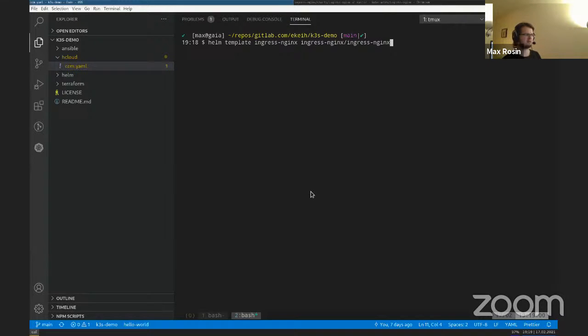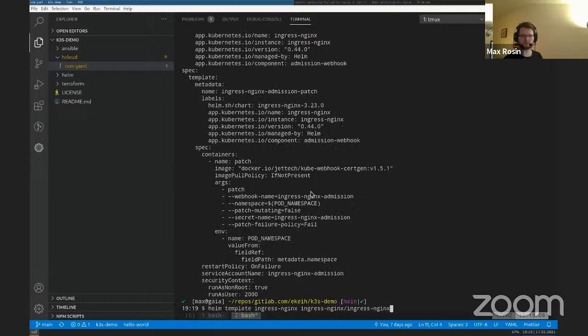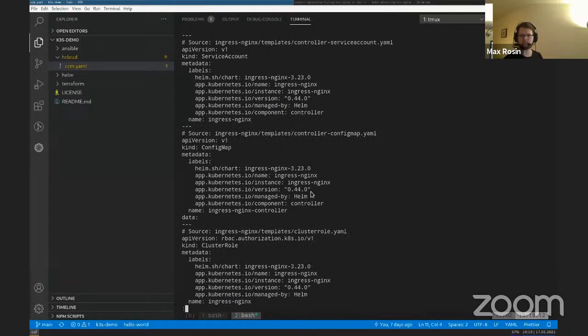And then it does not directly install it in our cluster. Instead, it will print the rendered template to us. And that's quite a lot. So maybe let's pipe this into less. And then we see now that there are, instead of this variable, a bunch of labels. And they are the same across the whole